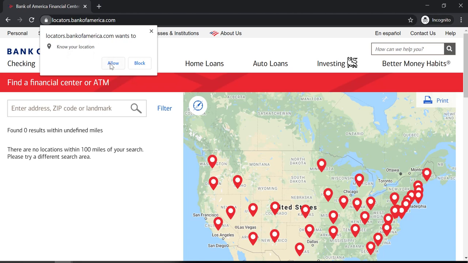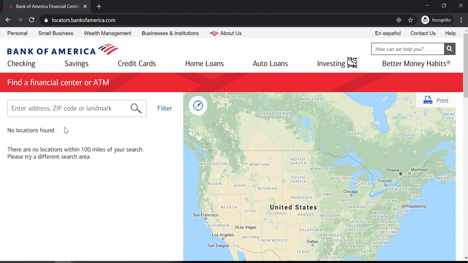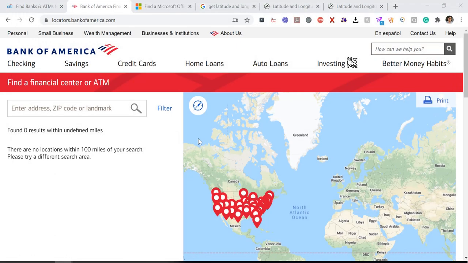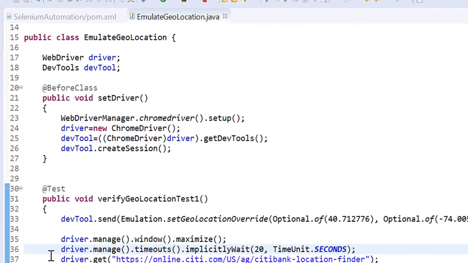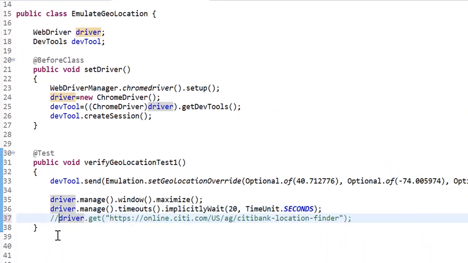When I give the permission by allowing, it searches in India, in my current city, Bangalore. It says no location found because Bank of America doesn't exist here. So let me close this and take this URL. Let me comment the first one.